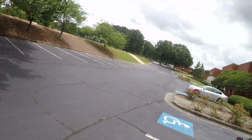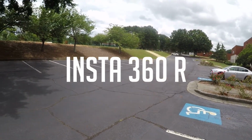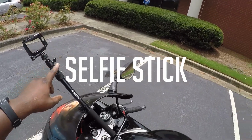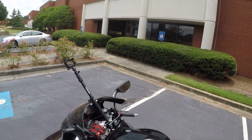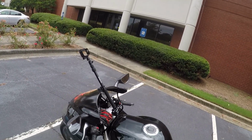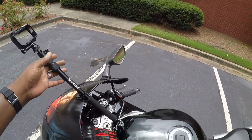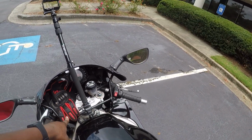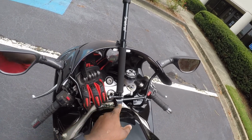So what I did was, of course, I have the Insta360 camera, the 360R, and I attached a selfie stick right here. So that's how I get the angles and the views that you see on my recent videos, on my music videos, whatever you want to call them. I got the mount attached to my stay bar, and it's just like a bicycle mount. I mount that. It has a GoPro